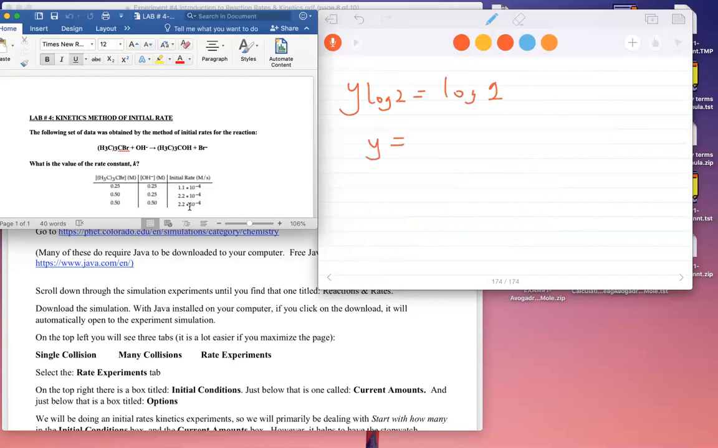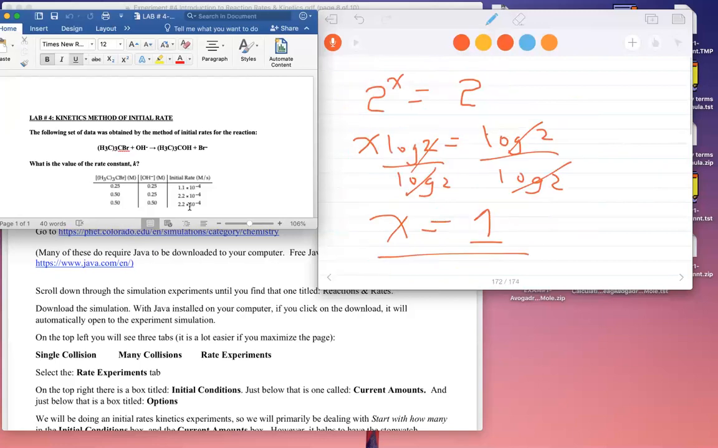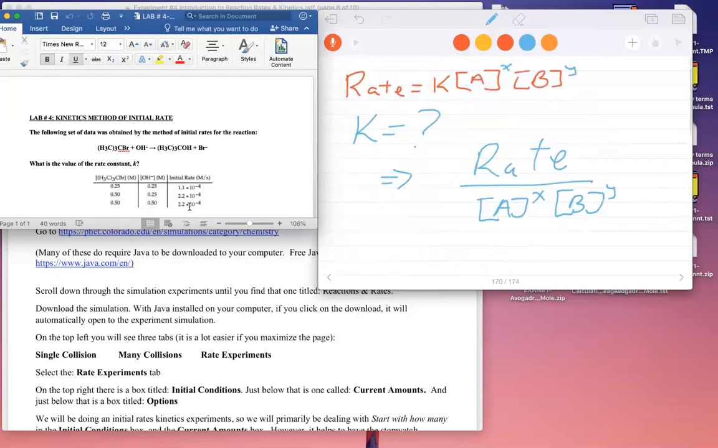Log of 1 is 0. And any number, if we divide 0 by that number, will just be 0. So this is log 2, and this is 0. So y equals to 0. I know the reaction orders. So if I go back to the question here, what is the value for